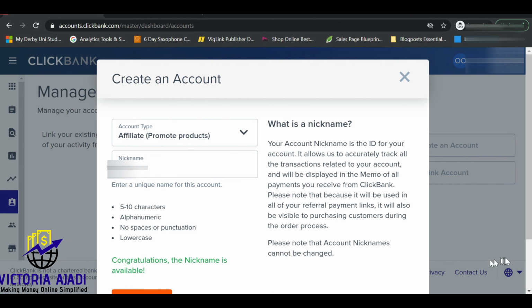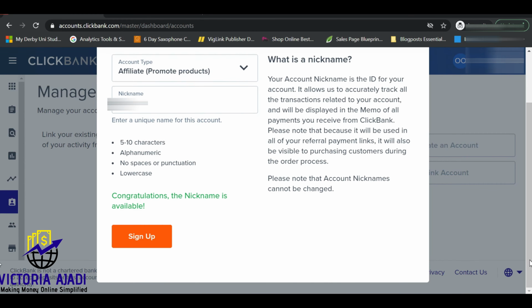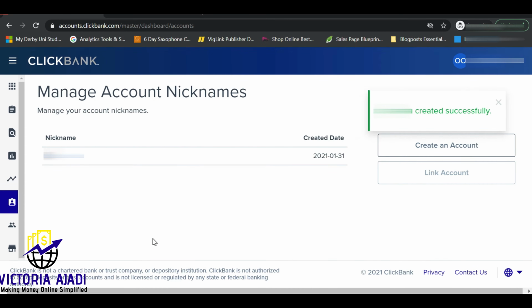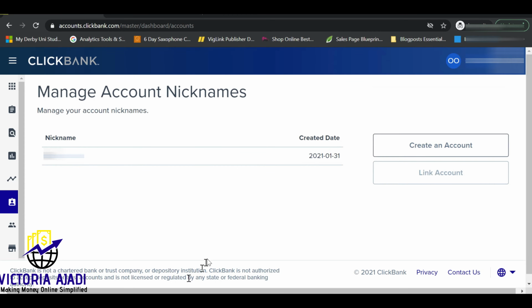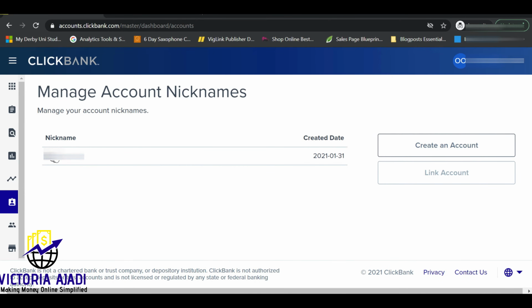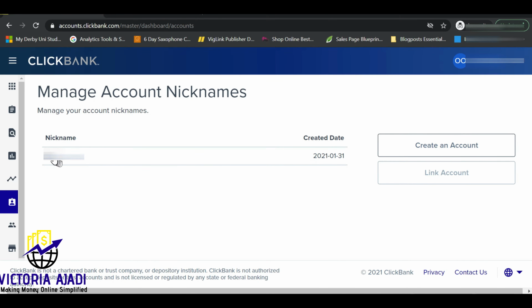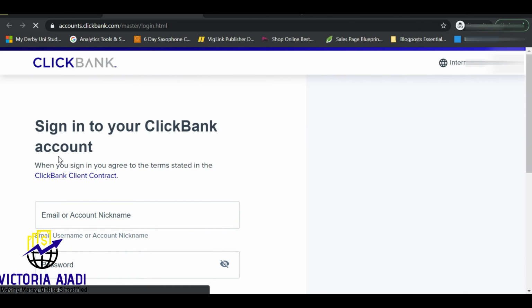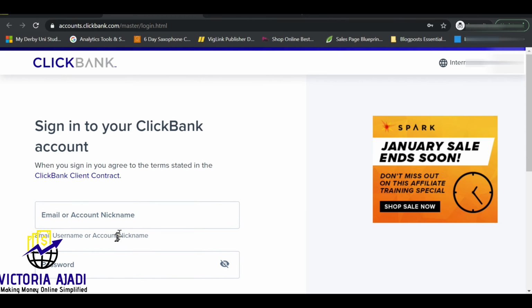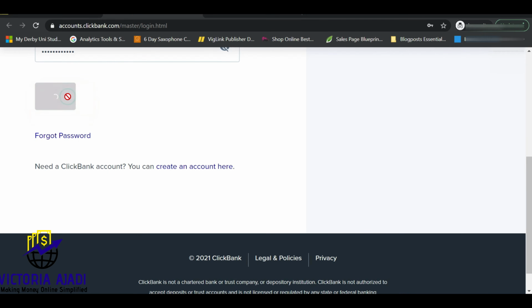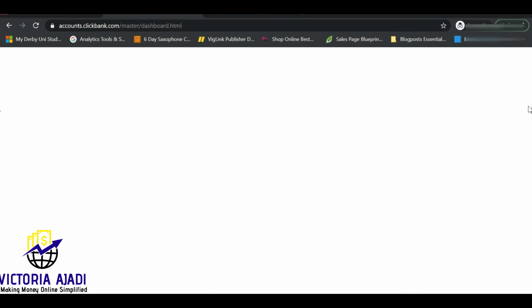So once it's available and you've gotten it right, just go on ahead and click sign up. So now that you've successfully created your account nickname, the next thing to do is to set up your account payment details. So when you click on your nickname, it will bring you back to a page where you need to sign in again. Just sign in,